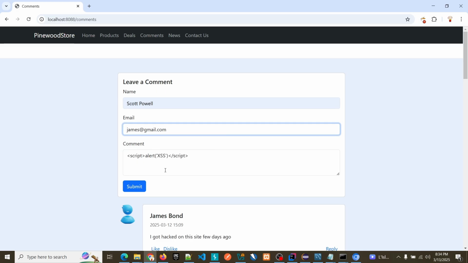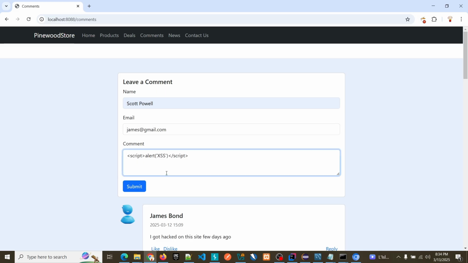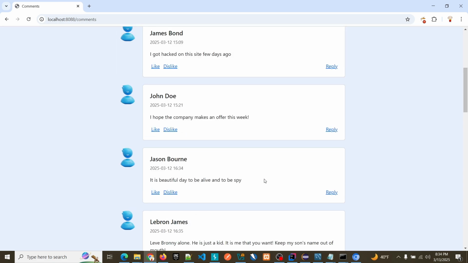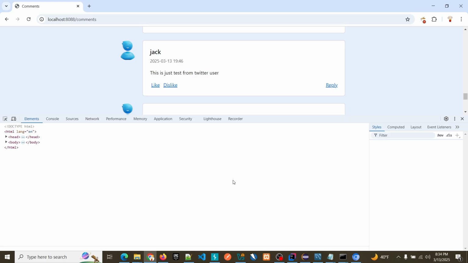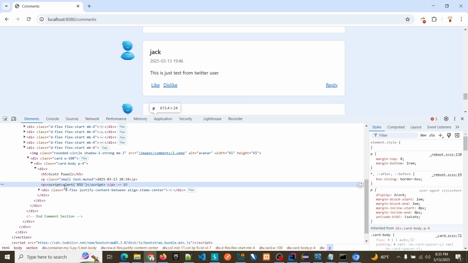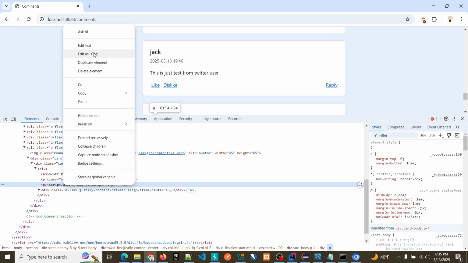If it doesn't have input sanitization, this script is going to execute each time I refresh the page. But that's not the case here. The only vulnerable field is going to be the name. I'm going to submit it. As you can see here, I did add it, but as text. Let's see what happens here. If you inspect this,